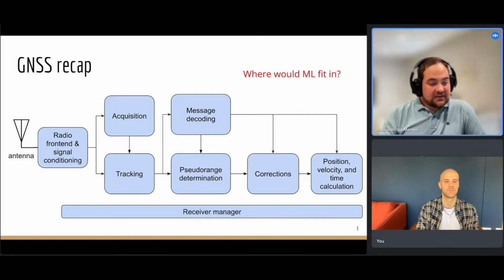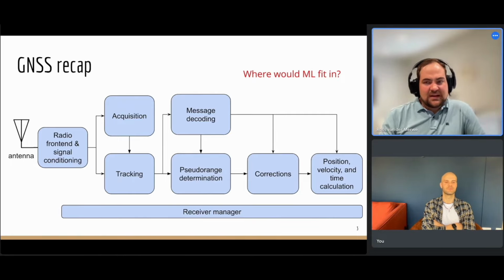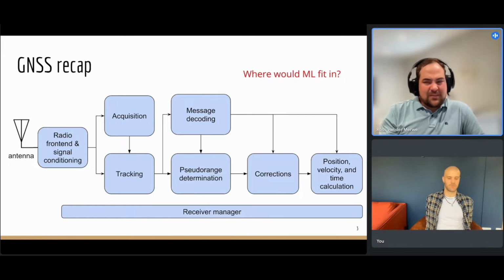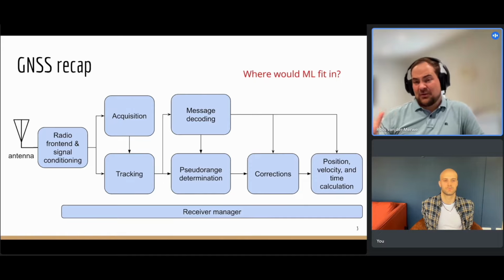You could. And the really big take-home message here, and we'll come to this a bit later as well, is that there are a lot of places where ML can play a role in GNSS. But ML really lags if you compare to other fields. If you look at computer vision, they are decades ahead with using ML compared to GNSS. And a lot of that is because our problems are very well mathematically defined, which means they're very easy to solve with the optimal mathematical algorithm. So to then try to convince an engineer, hey, we have this algorithm that is perfect, has been working for 40 years, please replace us with ML, they're always very skeptical. Why would you do this? So it takes some time, but it's definitely changing.